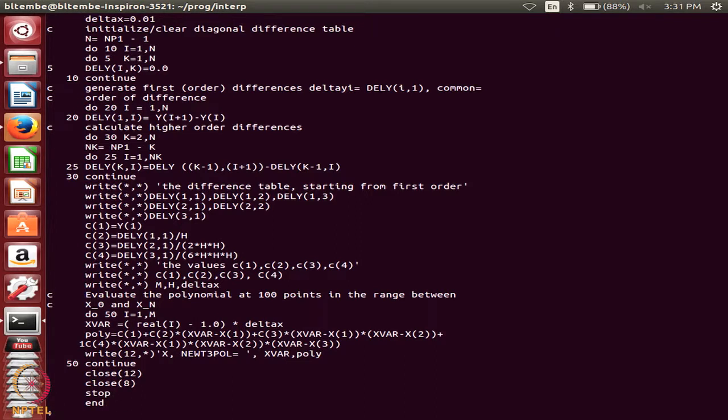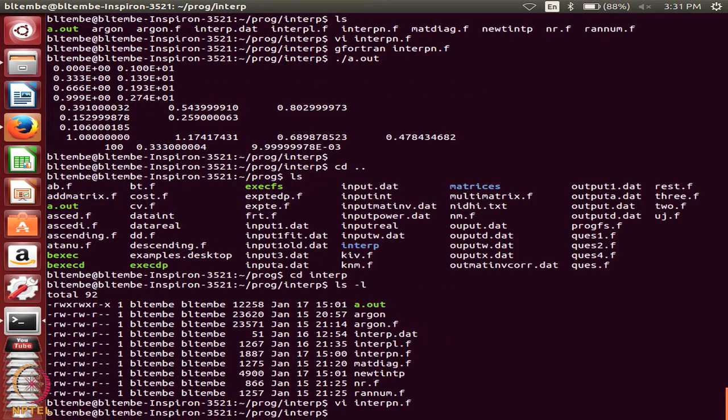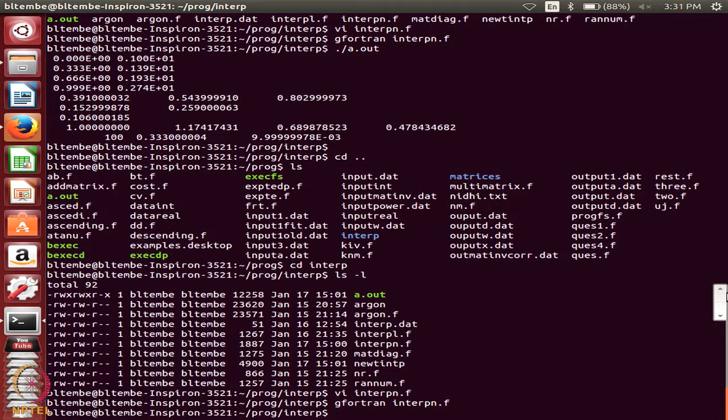Okay. Now, type x, that means it saves this. Enter. So, I have saved whatever little changes I have added. Now, I will compile. How do I compile? g Fortran intrpn dot f. So, I am compiling this particular program. Okay. So, it has compiled without any error. Now, I will execute.